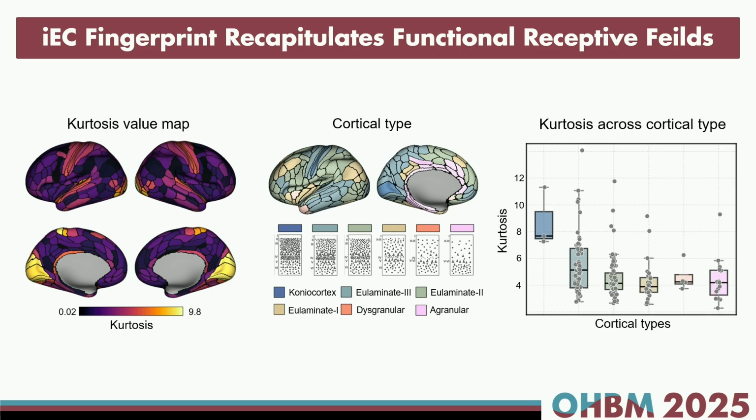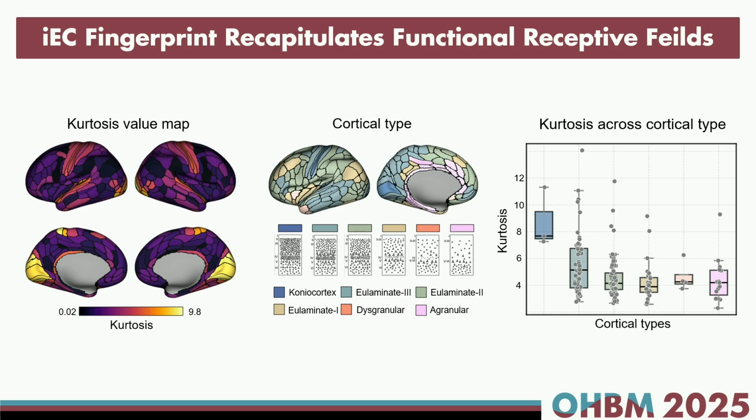And nicely, the cortices value decreased along the anatomical hierarchy, maybe indicating that there is some interaction between structure and function in shaping the functional receptive field, and maybe indicating that our connectivity fingerprint can capture the functional receptive field